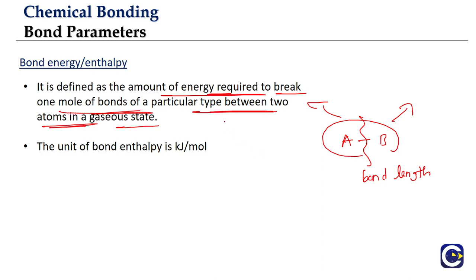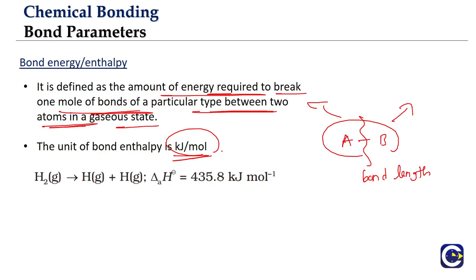Hence we will be looking at this value as the molar bond enthalpy, because we are measuring the energy required to break 1 mole of bonds. So always we will give the units as what? Per mole. Generally the energy requirement will be in terms of kilojoules, so we will be expressing it as kilojoule per mole, because we are looking at the energy required to break 1 mole of bonds. That's why it is molar bond enthalpy, per mole it will come.